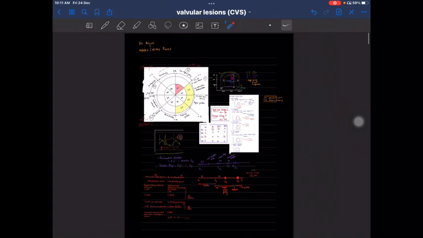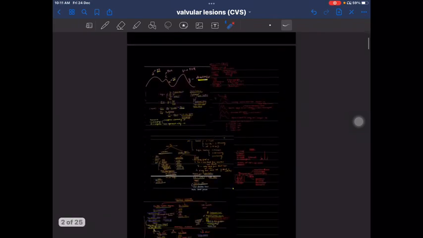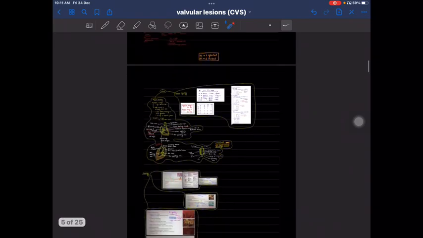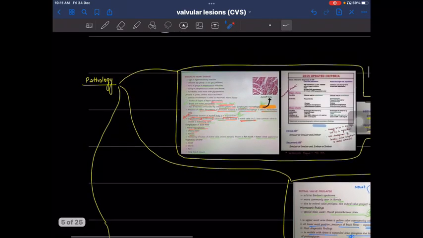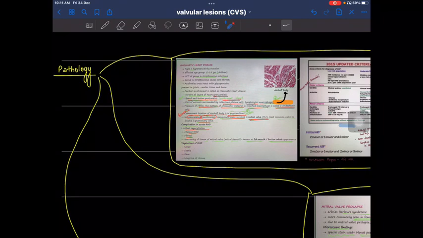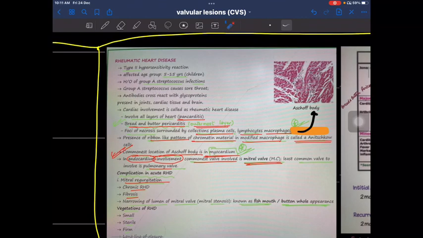Okay, so now we have done the relevant physiology also. So we'll just take a look at basic pathology. All right. So generally, we know that most commonly our valvular lesions are a result of acute rheumatic fever leading to rheumatic heart disease. Okay. I'll just go through the bare basics. Please read this topic from pathology. Okay. Rheumatic heart disease is a type 2 hypersensitivity reaction. All right. We know all about this. Molecular mimicry. Right. Please read these things. Very important.